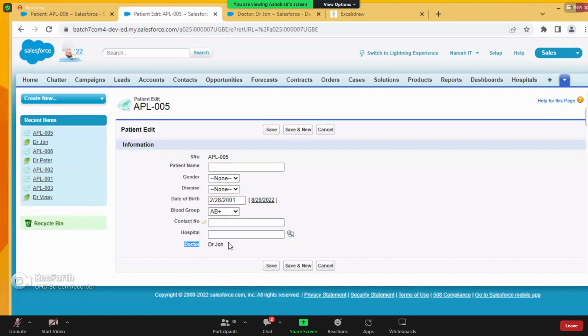Oh, this is one child. What about the doctor? Doctor is readable. Readable means here it is mandatory. So whenever it is mandatory, we are deleting the John record. So that means this John will be empty. If it is empty, this record will not exist. Why? Because it is mandatory. Understand? Only if John is there does this record exist. So that's the reason,